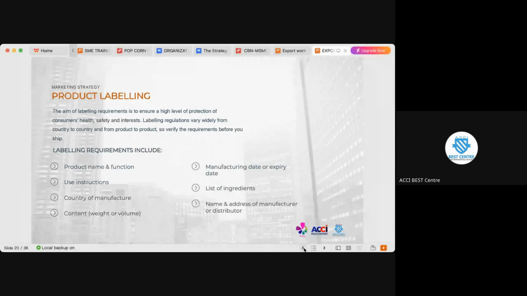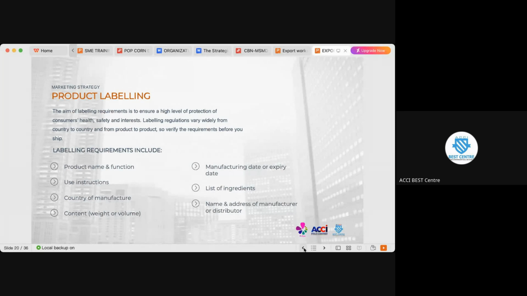What is the basic information required on a product before you can say, on average, this product is fit to be in the international space? The product name and function is very important. The instructions, how you are going to use this product, is very important. Then the country and address where this product was manufactured, the content, the weight, the volume is also very important. Then the manufacturing date or expiry date, the list of ingredients,